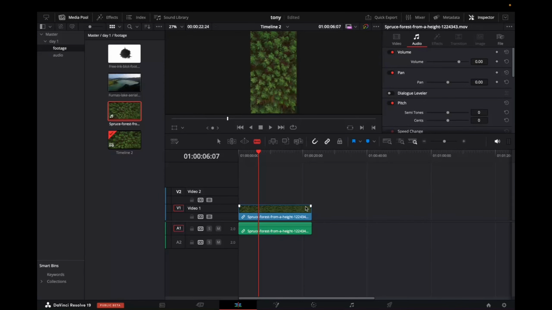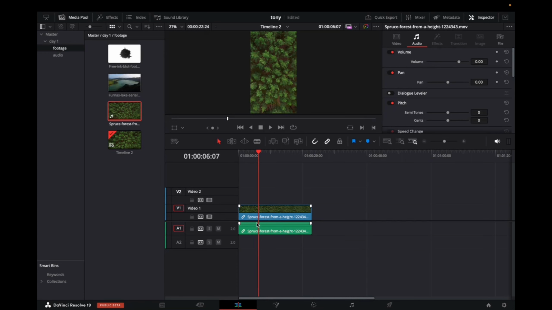Today I'm going to quickly show you guys how to mute part of an audio track. So it's super simple. Right now I have an audio track that's connected to a video track, right? So to do it the right way, first I want to select the area of the track that I want